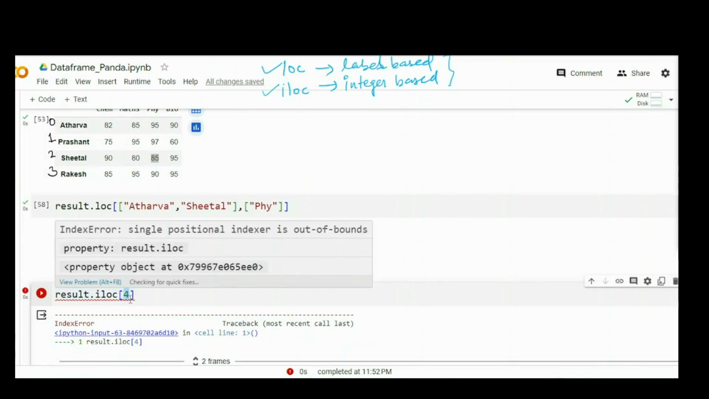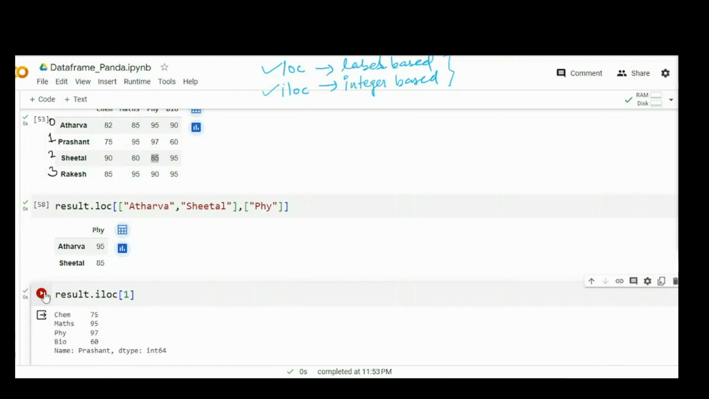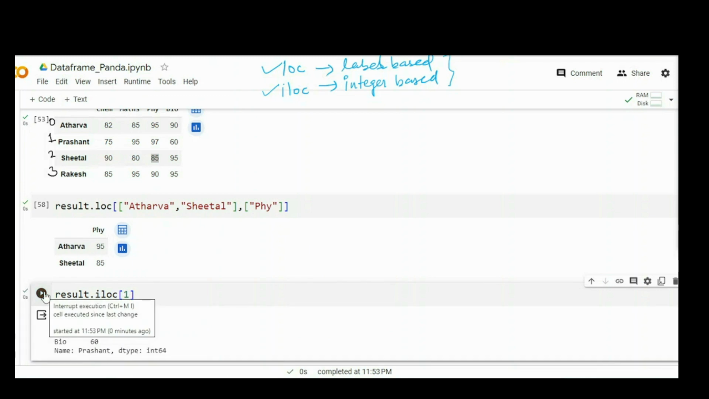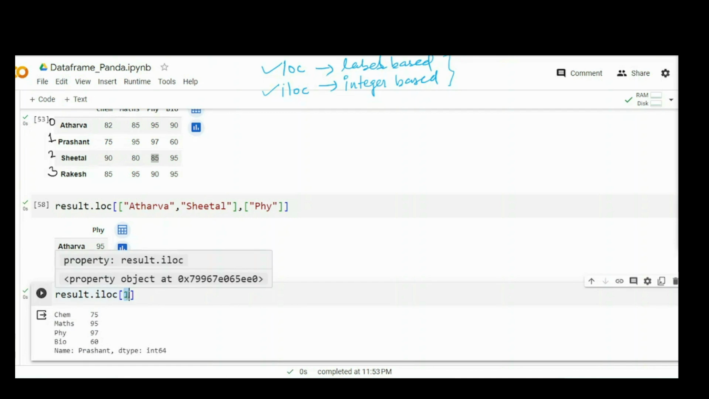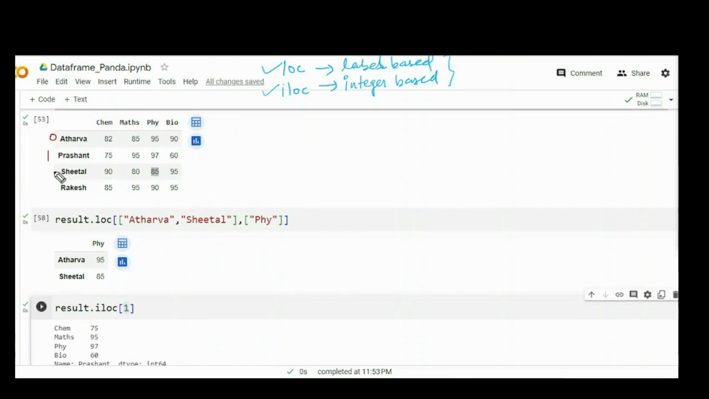Even if we want, we can play with the integers. Let's say I want to access the author. Let me go back here. Just for the sake of understanding, this is my 0, this is my 1, this is my 2, this is my 3. Now if I write here